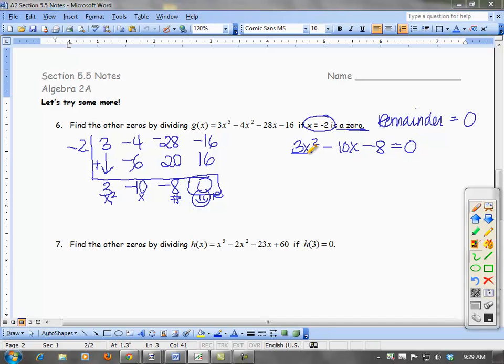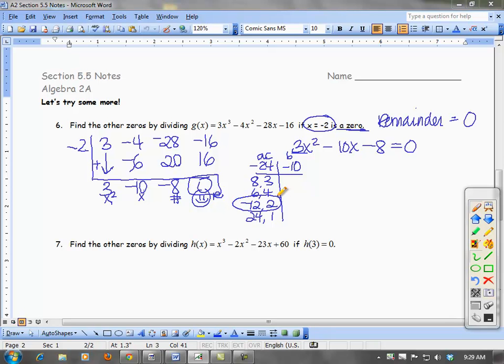Because there's a leading coefficient, I need to use the snip method. So 3 times negative 8, because we do A and C, is negative 24. My goal for B is to add to a negative 10. Well, I could have 8 and 3, 6 and 4, 12 and 2, 24 and 1. These are kind of common ones. Now, one of these numbers has to be negative to get the negative 24. If I look at that, I'm going to pick negative 12 and a positive 2 because that adds to the